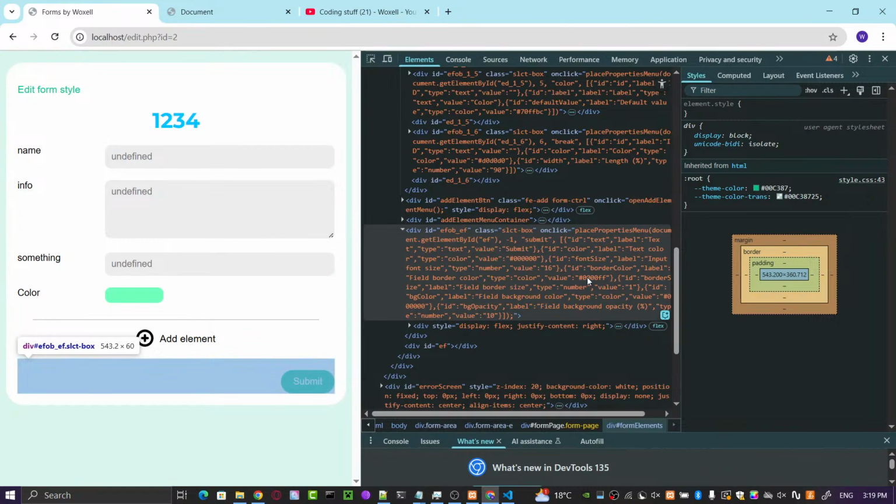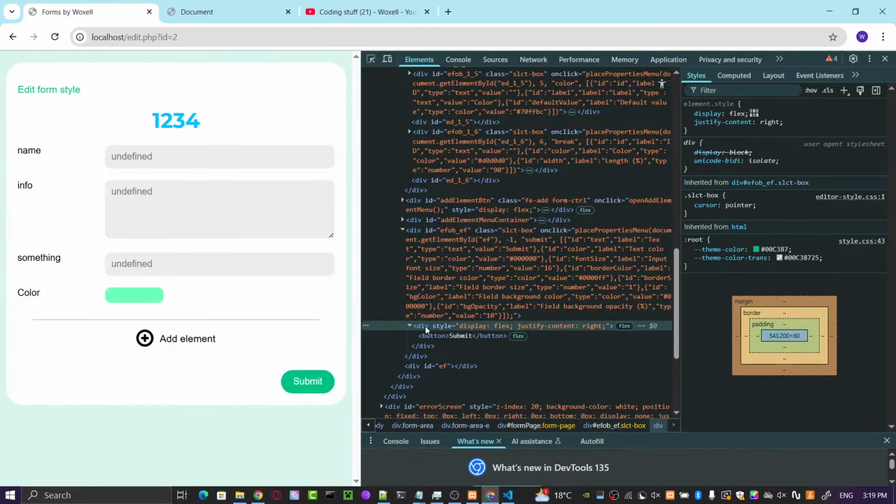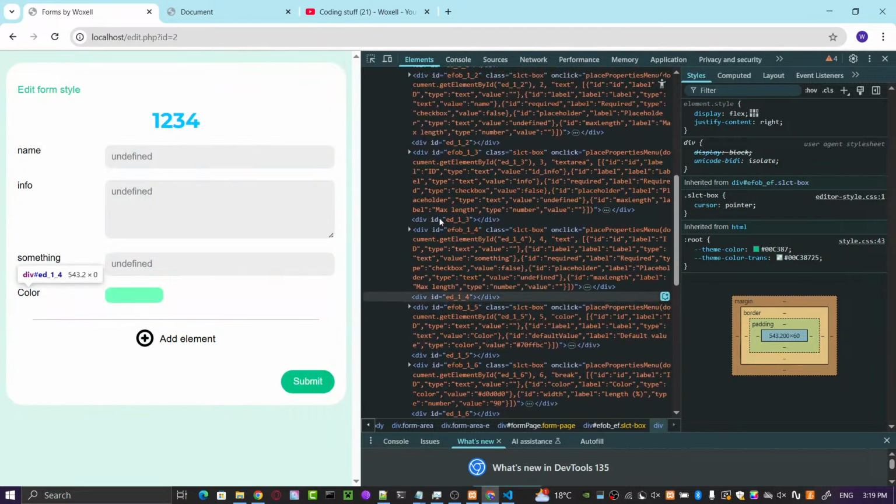Yeah, it's kind of weird. Hold on. Oh wait, that's the actual data. Okay, this is part of the editor.